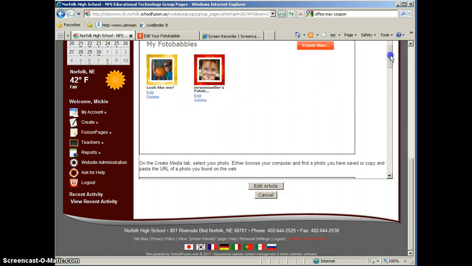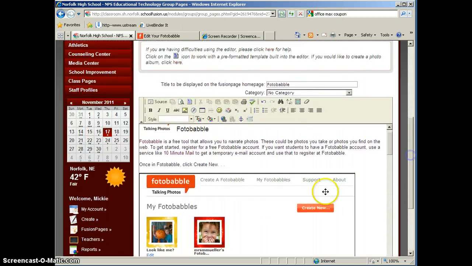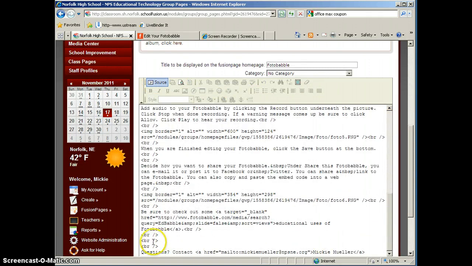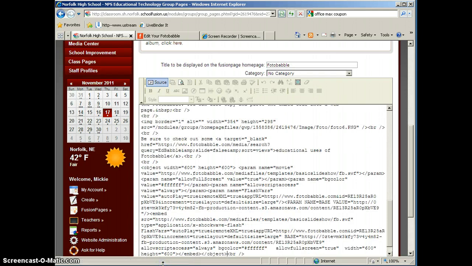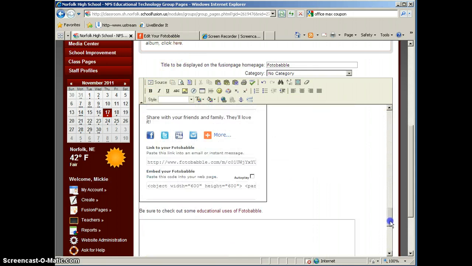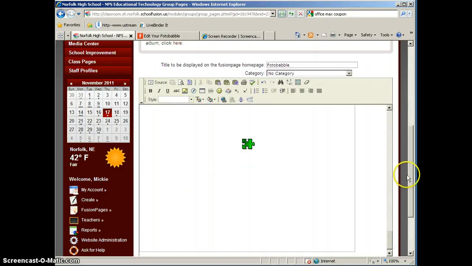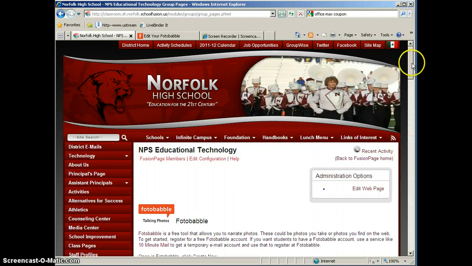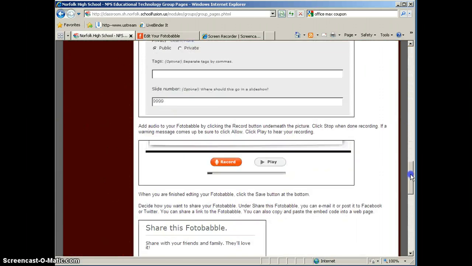Now to do this, you're going to have to go into your web page editor. You're going to have to click the source button. The source button will allow you to see the source code that's behind all of your editing, and we'll come down here and paste in the source code that we got from Fotobabble, and then we'll click source. You probably won't be able to see it right to start, but if you scroll down and click edit article, that will save it,